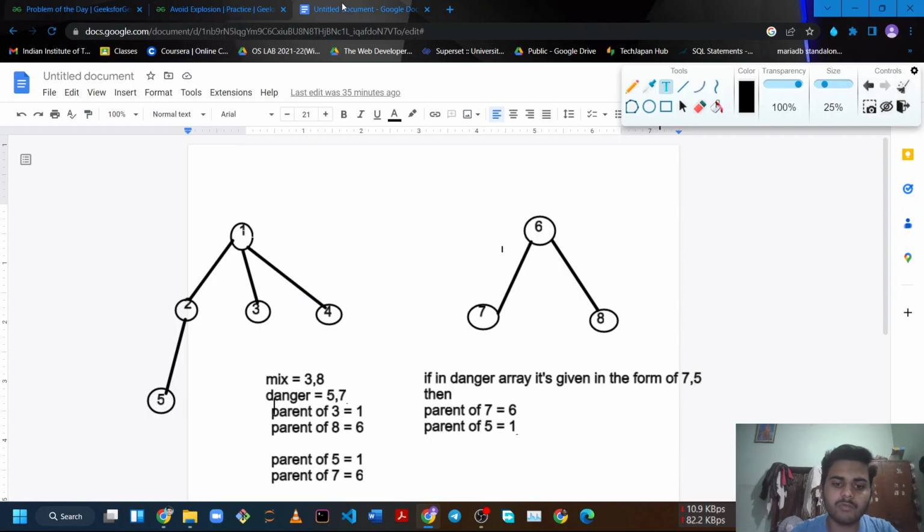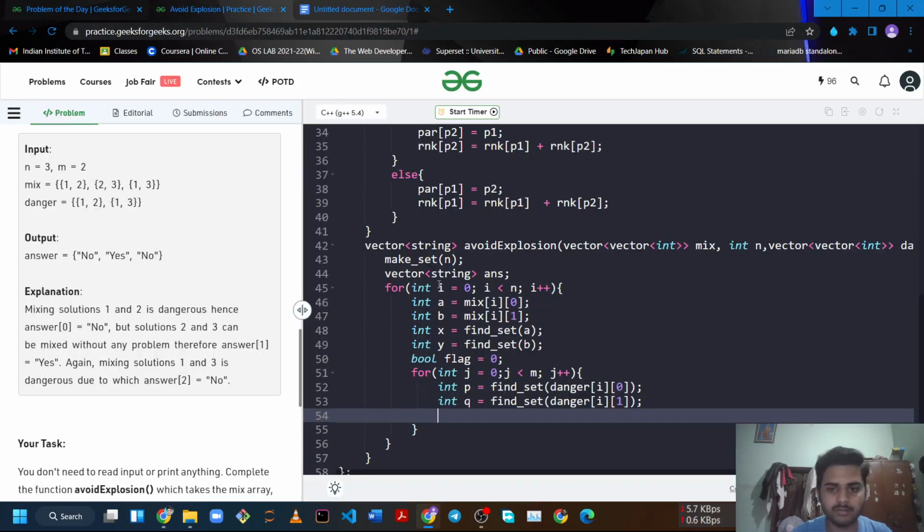Now what are P and Q actually? Suppose danger is 5 and 7, then it is actually 1 comma 6. I'm going to find the parent of 5. This is P and this is Q. So the first is the parent of the first part of danger, which is P, and this is the second part of danger, which is Q. So what I'm basically going to check is whether P is equal to X